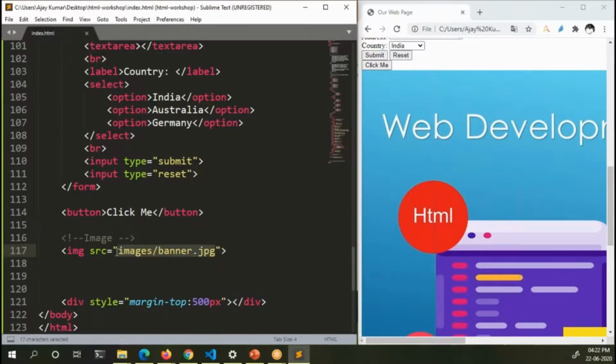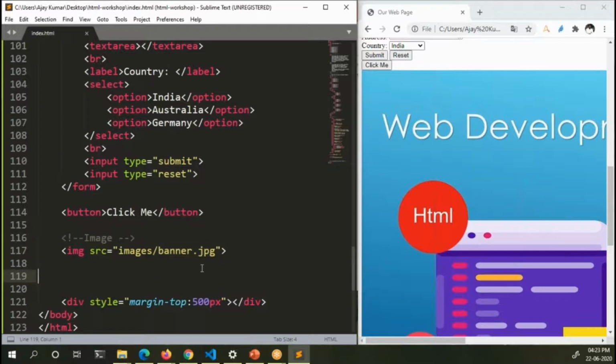So here the source attribute will take the path for the image file. Okay, so here we are giving images slash banner because the banner.jpg image file is in the images folder, which is in our current directory. So if we are trying to display an image from our current directory, you can use the path right from our current directory.